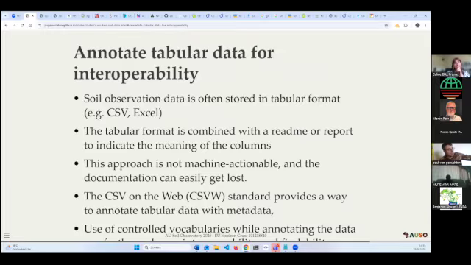Going back to the previous slide, a lot of this metadata is currently captured in reports or README files, which is not really machine actionable. And this approach of annotating the columns is called CSV on the web. It's a standard that provides a way to annotate tabular data. And if we then, in this annotation process, use these controlled vocabularies, then we really have this rich interoperable experience.